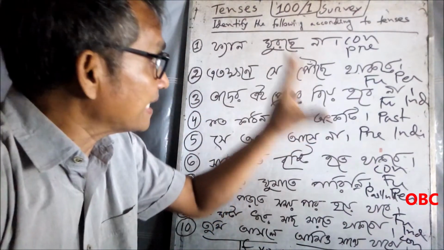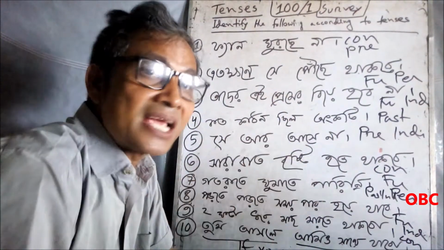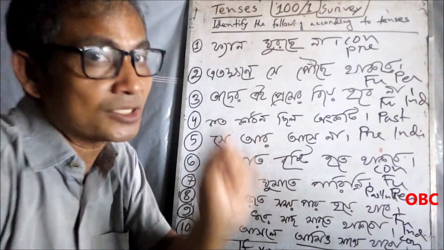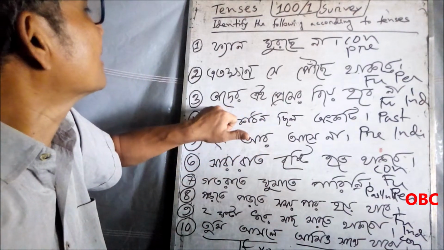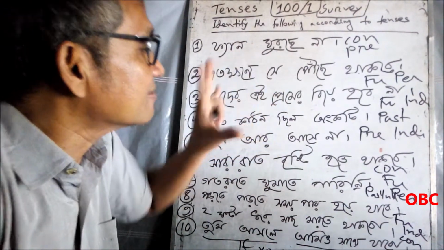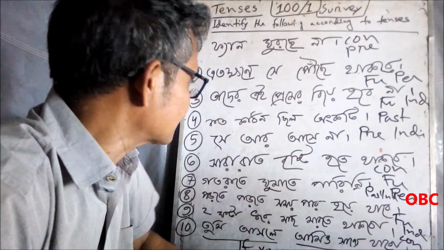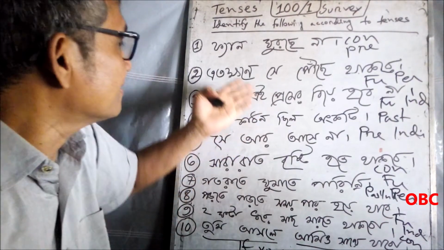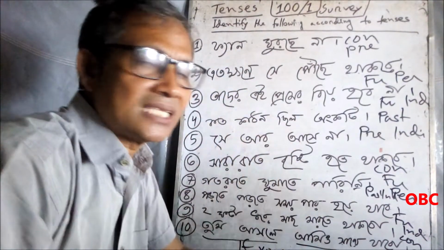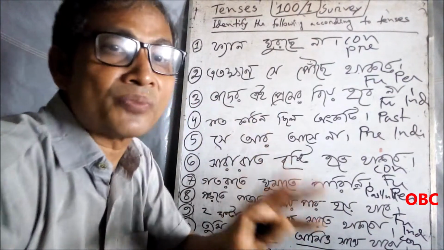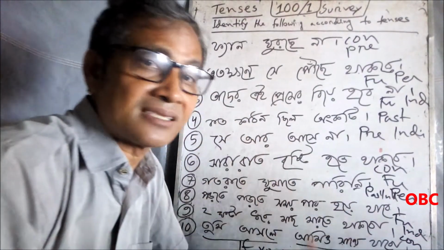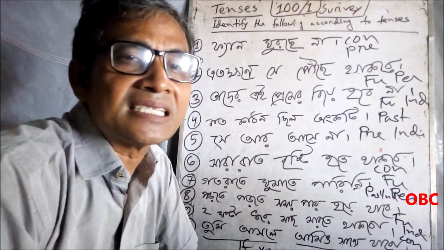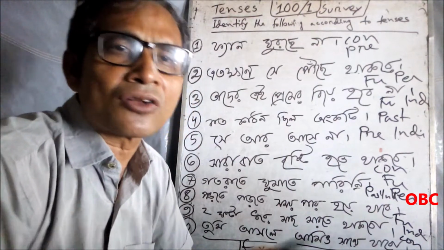You have to understand the names of the tenses, otherwise you may make a mistake. So this is vital. You have to be clear which tense a sentence is in. This is also important because unless you know this, it's really difficult to make your sentences correct, and even the meaning will be changed, right? So how can you learn this? I have already made a number of videos on tense. I will also make more videos, but the problem is that your private tutors, coaching tutors, and your university, school and college teachers were not perfect in teaching.